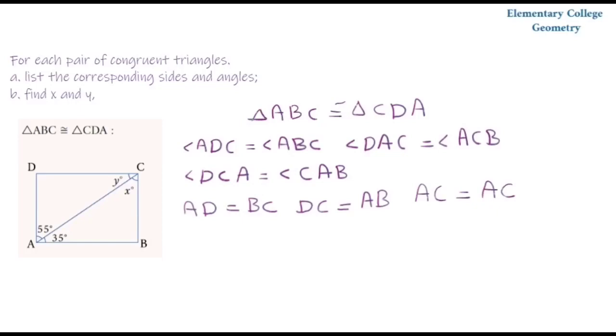And now we want to find the angles of X and Y. So the angle of DCA equals the angle of CAB. So the angle of DCA equals Y,